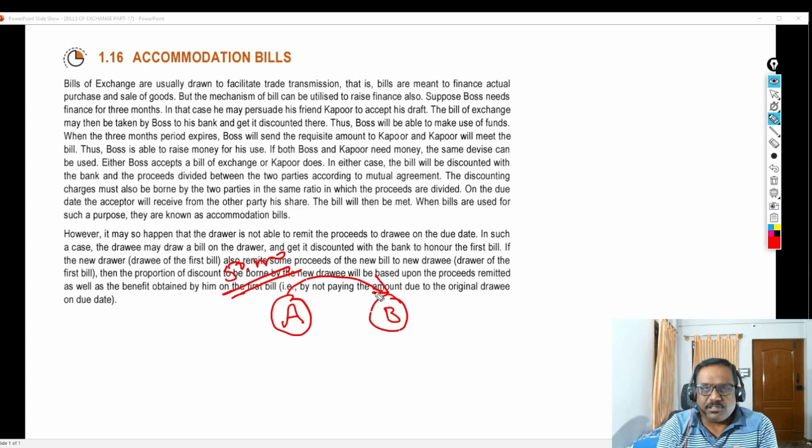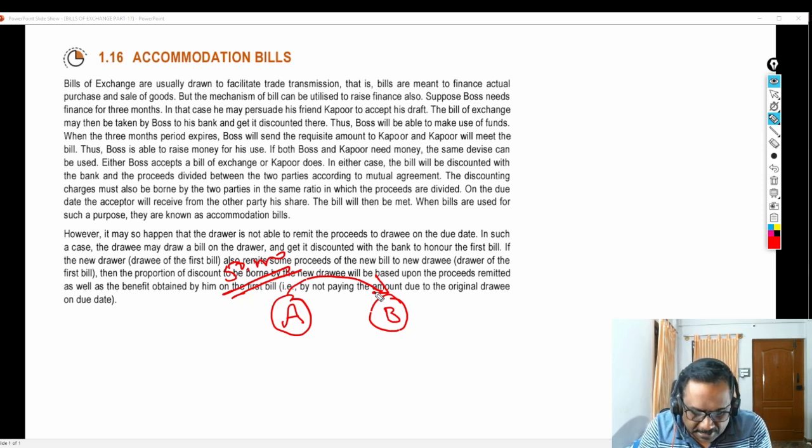What I can do is, you write a bill on me. I will accept it. You go and discount the bill in the bank and take that amount. And on the due date, you pay me that amount and I will pay that amount to the bank. This is how they will make an adjustment.